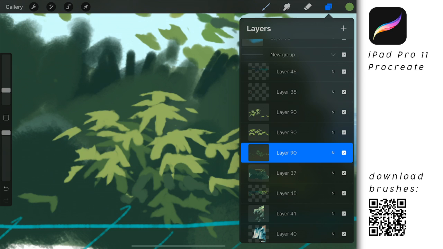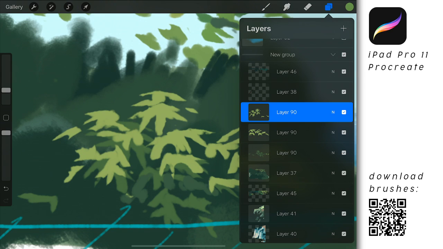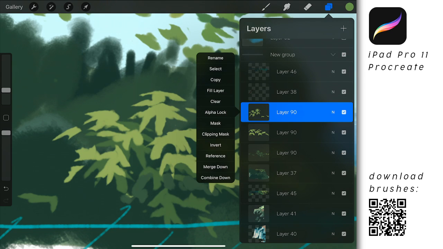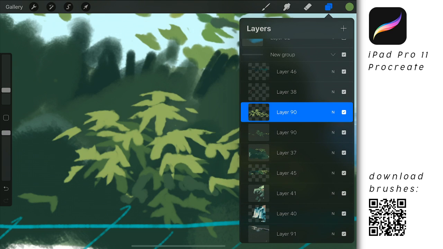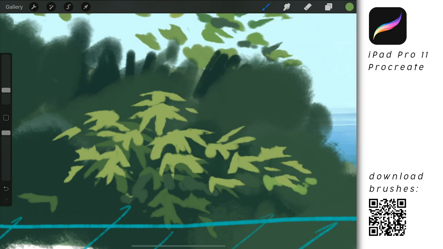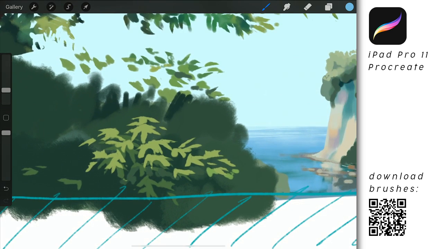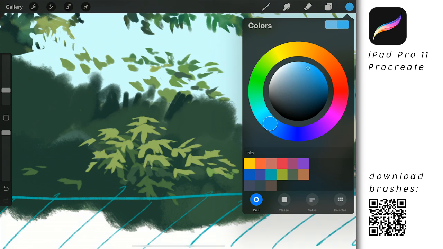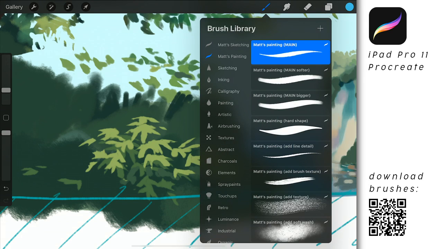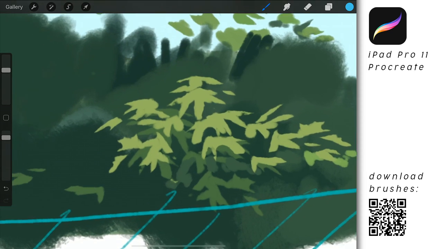of the leaves being more like green, and I want to merge this down, lock it, and add a bit of color variation on top of it. And I'll use some colors from here-ish, so it looks like the leaves are reflecting the blue sky. Make it more saturated a bit, I think. Okay, so let's use a more